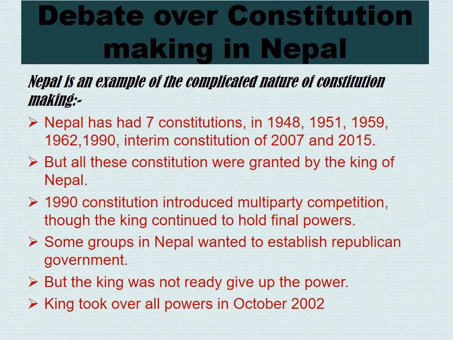So you can see the fight of the monarch against establishing a republican government. Obviously, the one who has acquired power will never want to give it up. So the king never wanted to give up his power, he did not want the monarchical system to have limits, and he never wanted to establish a republican form of government. Let's see what people did.